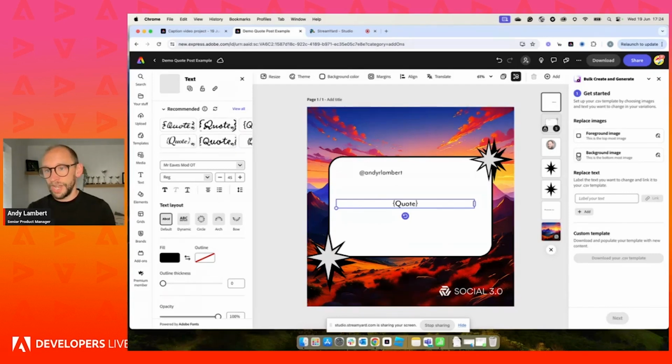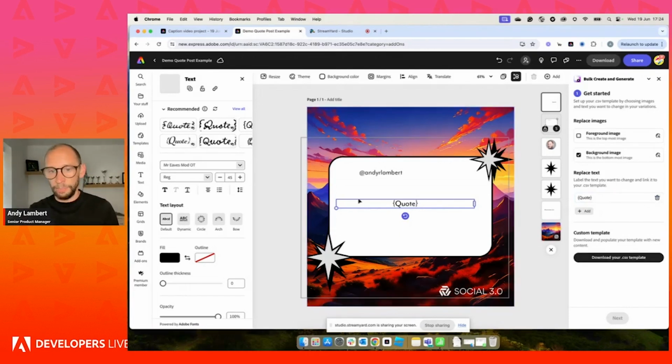So we just want to change the background image, and we want to replace the text here. So we're going to label this text as a quote, and we're going to link that up here. That's all we need to do. Two things. Now, at this point, we could download our CSV template, which gives us all of the parameters we